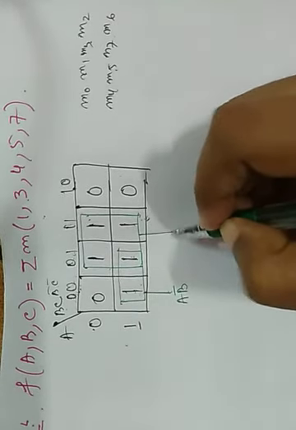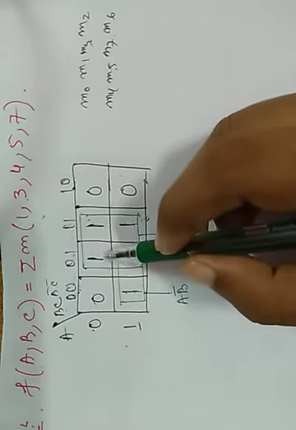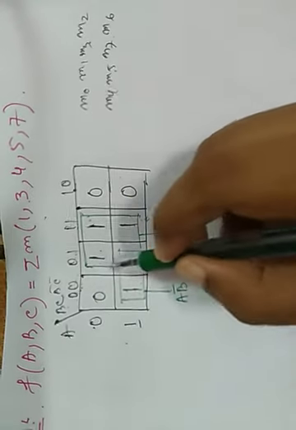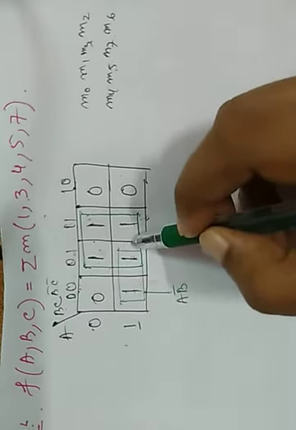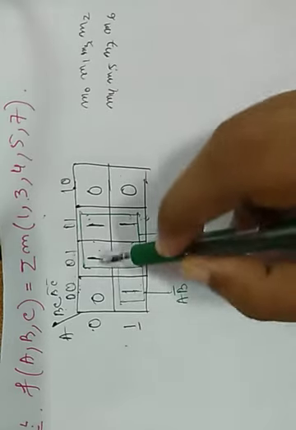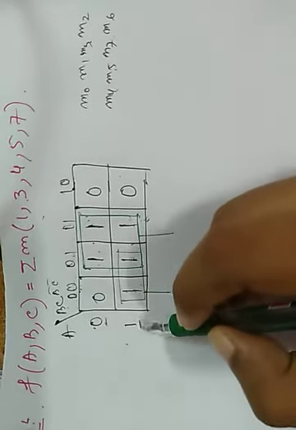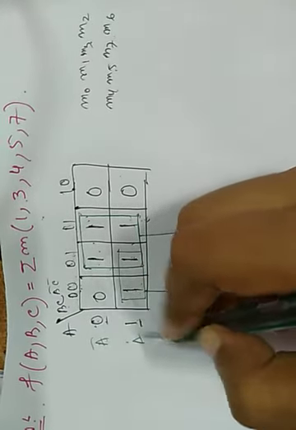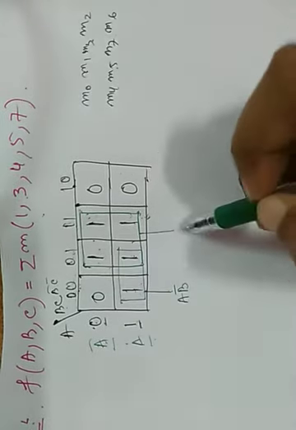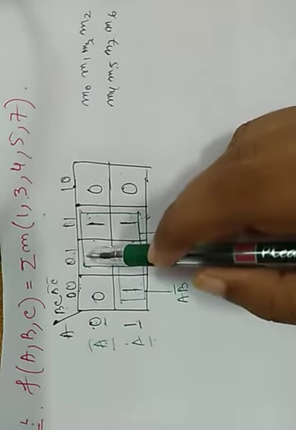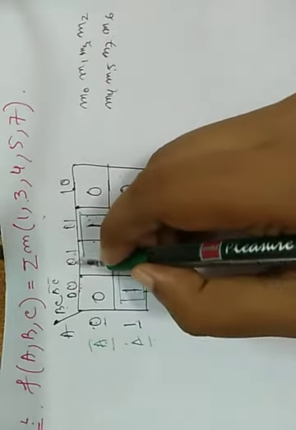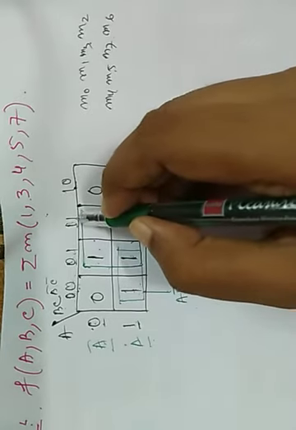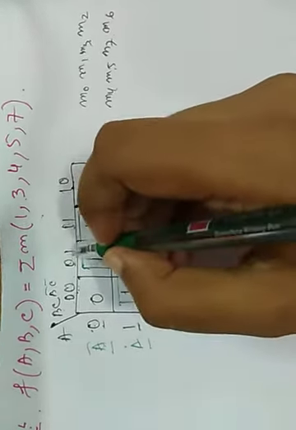Now for the second circle, you can see for horizontal value, there are 2 horizontal rows and 2 vertical columns. So for 2 horizontal rows you can see that these are A bar and A, so both are not common, both are not same. So for horizontal value any value cannot come into consideration of min term. And for vertical column you can see one is 0 and 1, so the first term is not taken into consideration, second is 1 in 1. That means the second term we have to take in consideration.